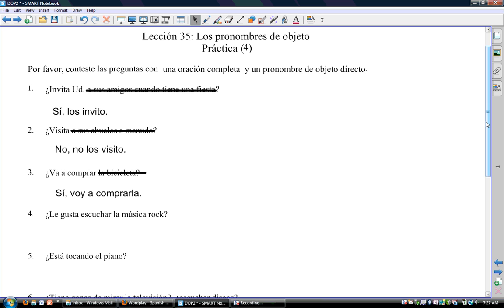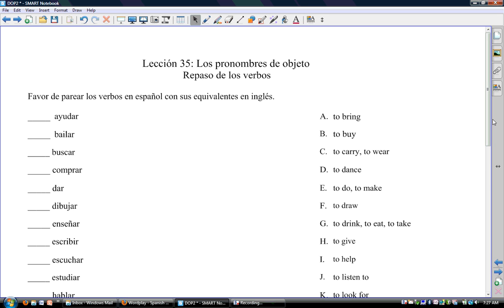We'll work more with this later this week as we prepare for the quiz. We have to do exactly the same thing. They'll all be yes or no questions asking if you do something. You'll answer them starting with yes or no, change it to the I form, and then put in lo, la, los, or las. So the two things I'm asking you to do for the rest of the class today are